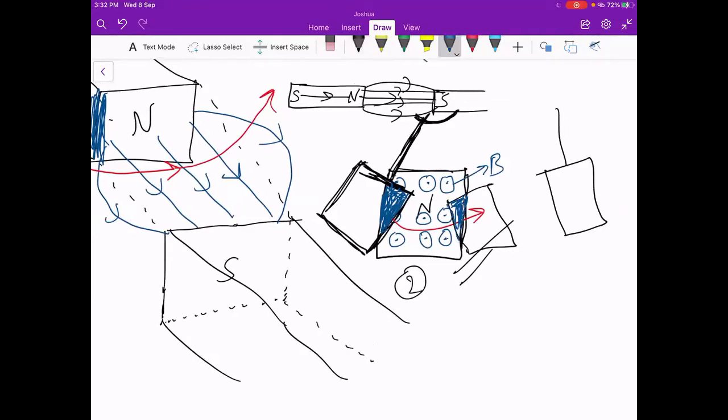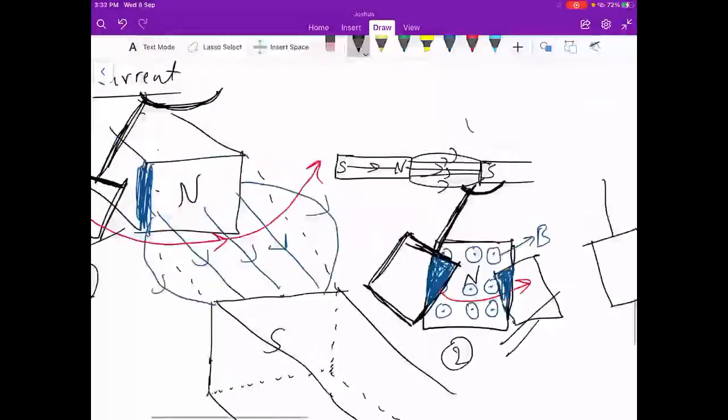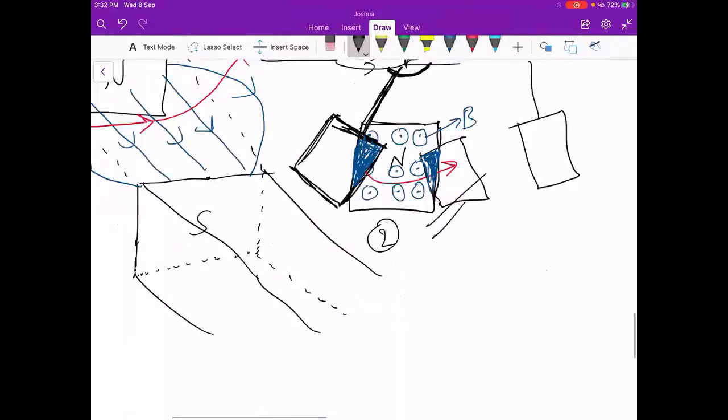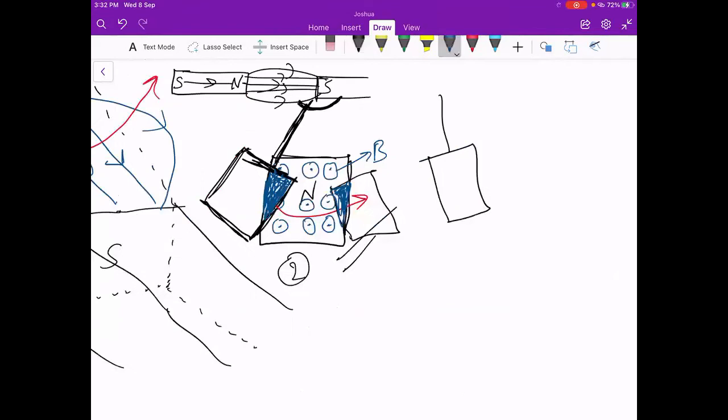Okay, flux changes. Do we remember, or have we forgotten? Sir, your voice is breaking. Okay, I'm saying again, what happens when the magnetic flux changes? Induced EMF will be induced, sir. Yeah, EMF will be induced. Okay, so epsilon is equal to minus d phi by dt, and that's Faraday's law.